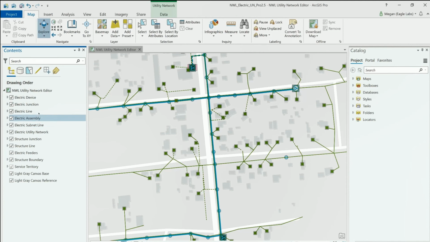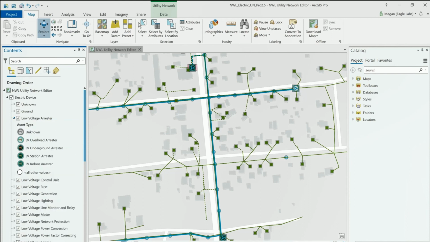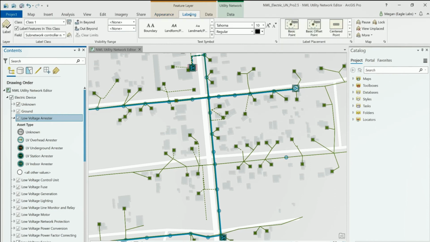However, if you expand one of the feature classes, you'll see each split into asset groups, which are the general categorizations or descriptions, such as low voltage arresters. Each asset group is further defined into asset types, which are more specific. The great thing about asset types is you can toggle labeling on and off, set scale dependencies, and symbology for each type. Therefore, they behave like individual layers, although they are all coming from the one feature class in the